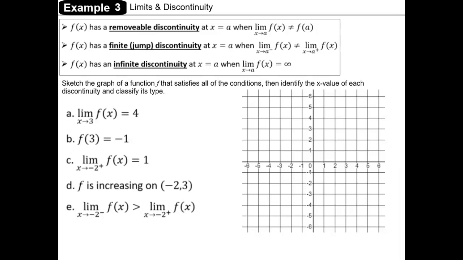Hey, welcome back to our notes from Unit 8, Lesson 1. We're looking at example 3 with limits and 3 different types of discontinuity that can be observed algebraically by looking